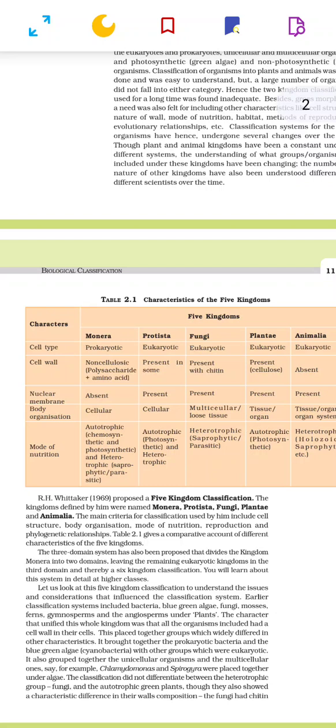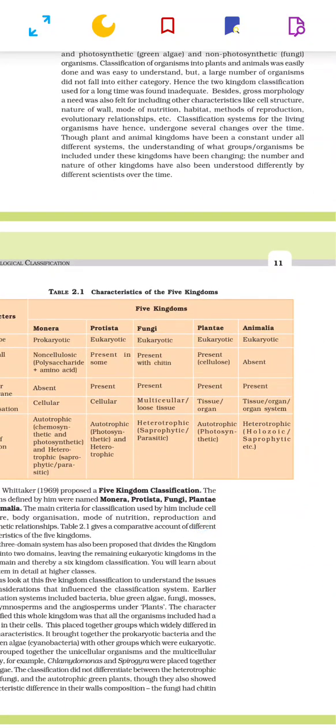Number 5 character, mode of nutrition. In Monera, most of the prokaryotes are autotrophic. They can be chemosynthetic and photosynthetic, and they are heterotrophic also, and there they can be saprophytic and parasitic. Protista are mostly autotrophic, mainly photosynthetic, and also heterotrophic. In fungi, most of the organisms are heterotrophic, they are saprophytic or parasitic. Plantae are mostly autotrophic and show the photosynthesis process. In Animalia, most of the organisms are heterotrophic, they show holozoic mode of nutrition.